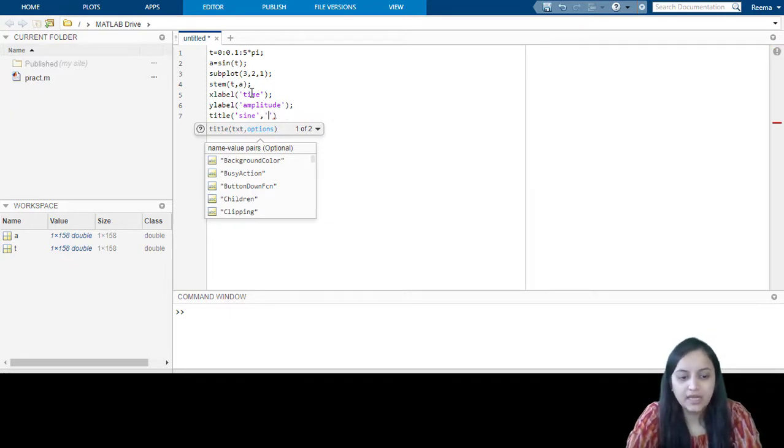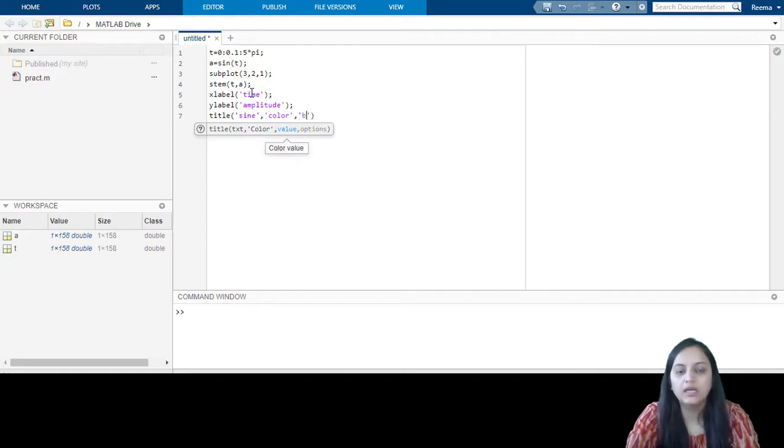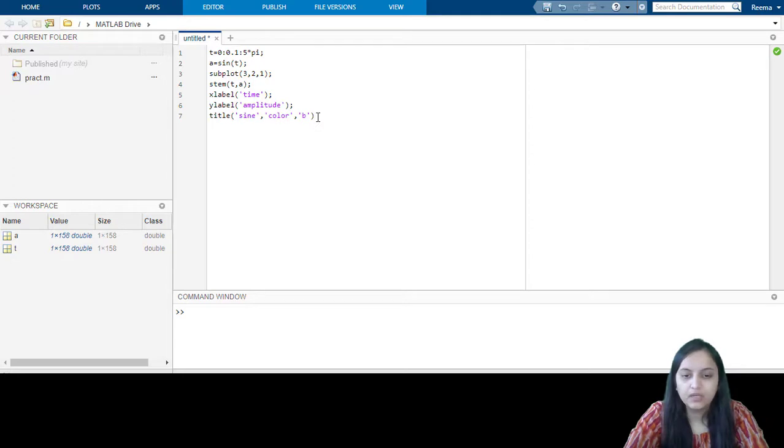For that, the syntax is, in inverted commas, color, and we need to write down which color is to be used. Here I want it printed in blue color, so I will use inverted comma B. Okay, now this code is done for the sine function.